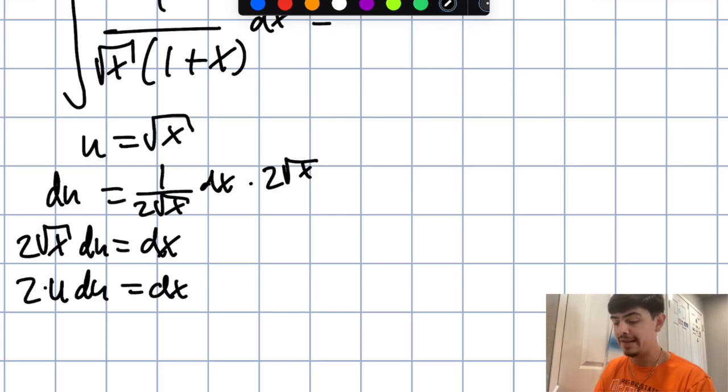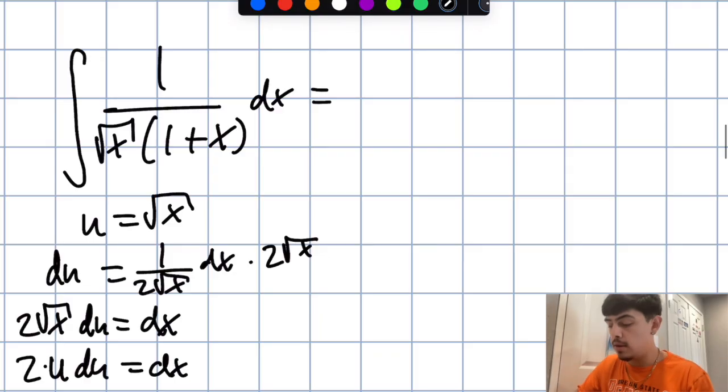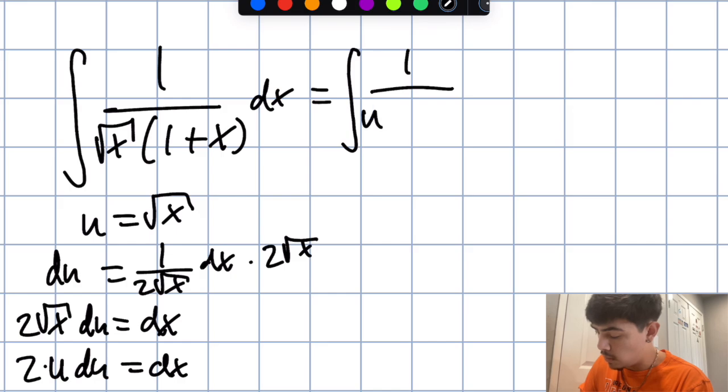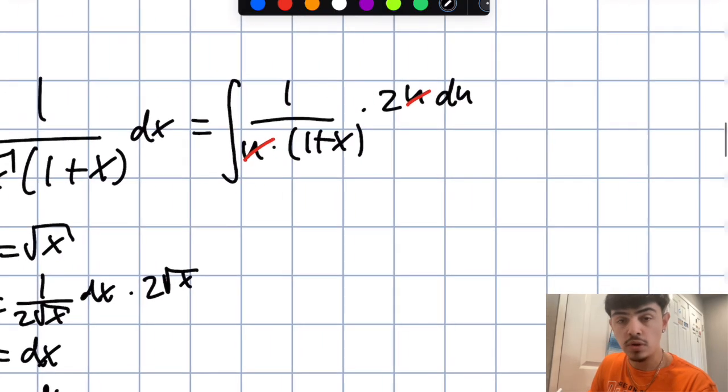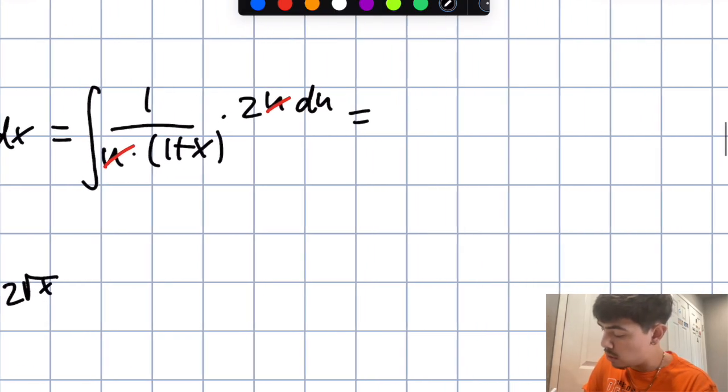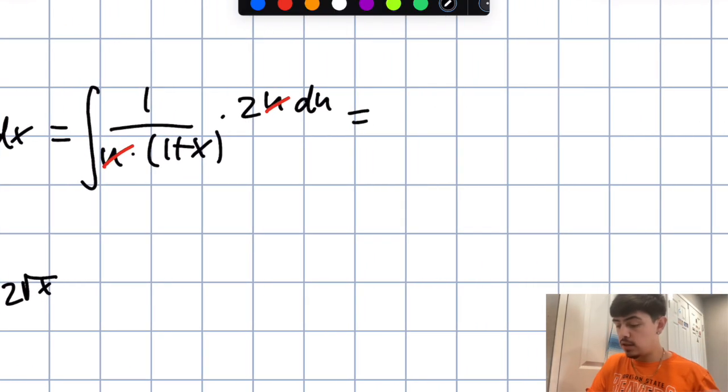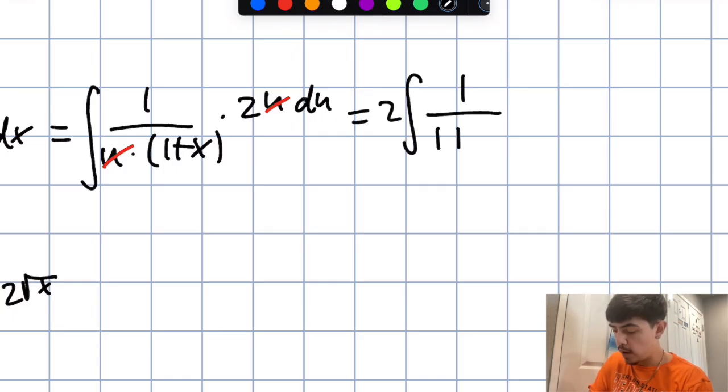Boom. Wonderful. Let's go ahead and rewrite our integral in terms of u now. So we have the integral of 1 over u times 1 plus x, and then remember what our dx was? It was 2u du. And look, this is nice, right? This u and this u cancel. Wonderful. Let's go ahead and rewrite the integral now. We can bring that 2 completely outside of the integral. Remember that? Constant multiple rule. So now we have 1 over 1 plus x